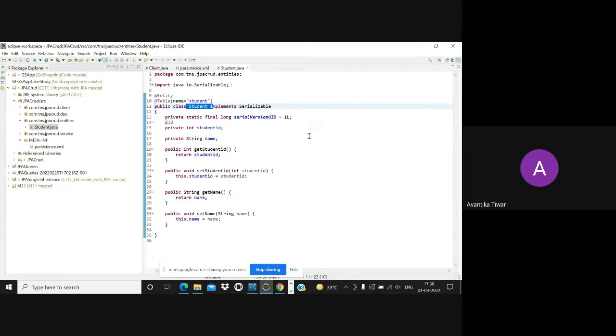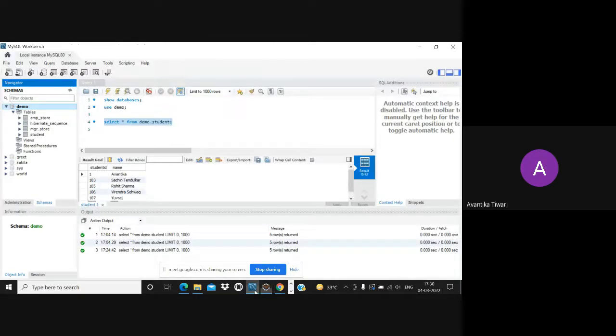So if student becomes my entity, then in the Java program wherever I am creating that class Student, that class will become my entity class. How will it become an entity class? By using the @Entity annotation. Now, corresponding to this class, which table exists in my database?